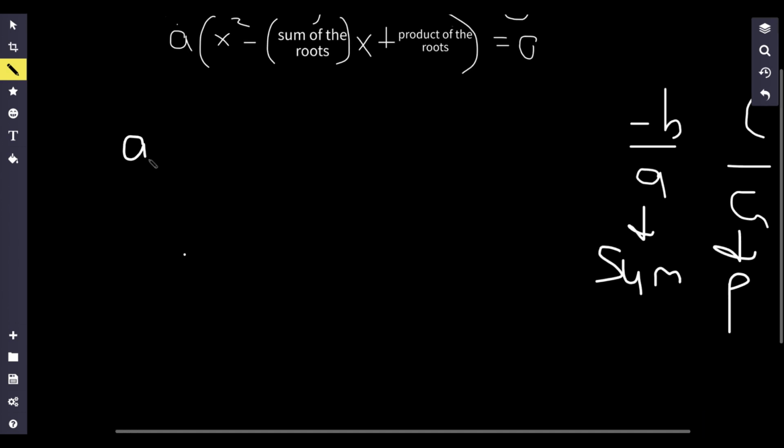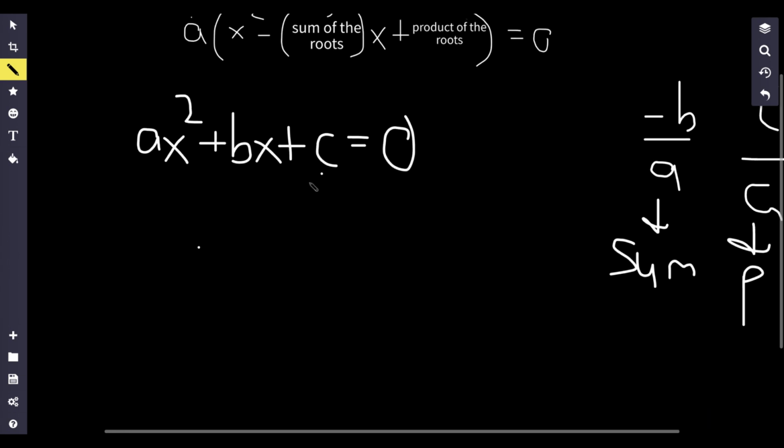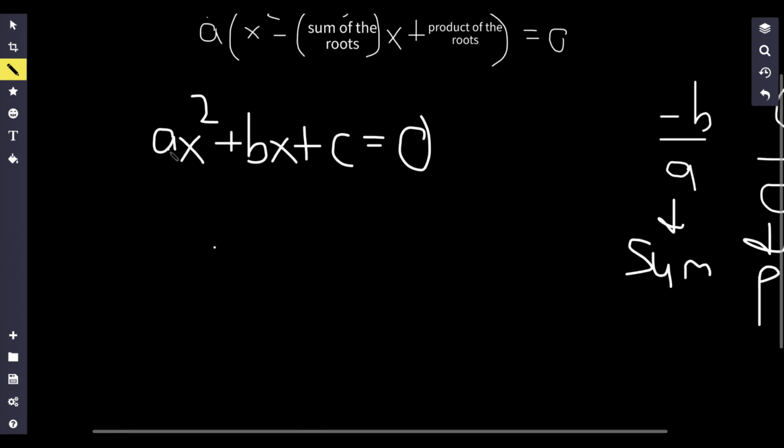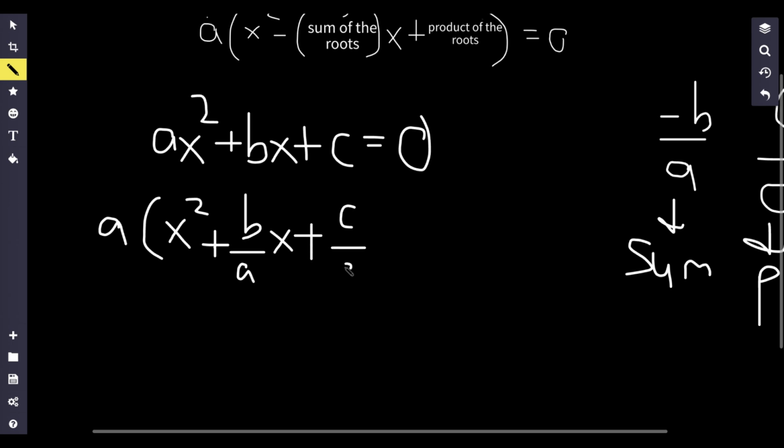Now start off with a standard equation, a quadratic equation in standard form. So we have ax squared plus bx plus c equals 0. All I'm going to do is factor out an a from every term. So I factor out an a, and I'm going to get a times x squared plus b over a times x plus c over a